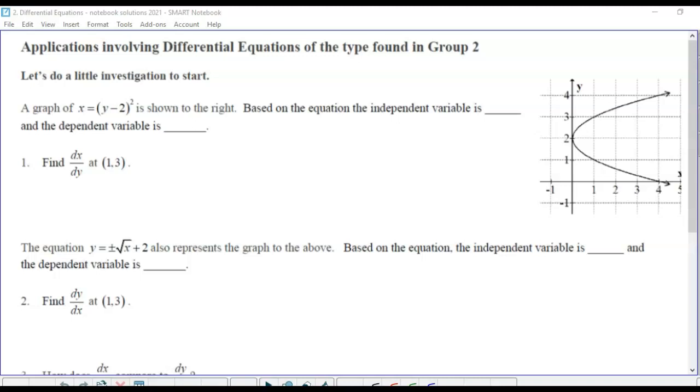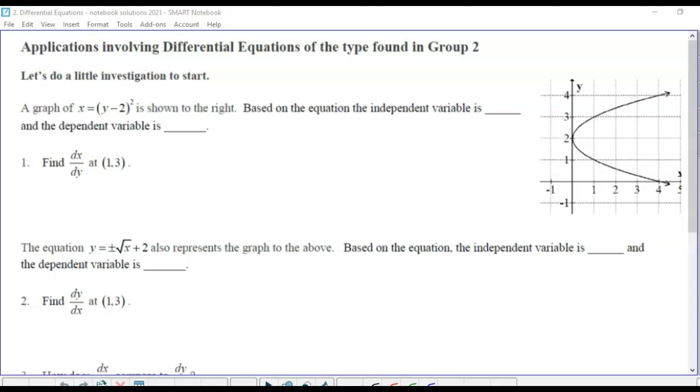All right, so we're going to look at the differential equations of the type found in group 2, where the rate of change is expressed in terms of the dependent variable. So let's take a look at an example first here to see how this kind of works with a basic example. So the graph at the right there is